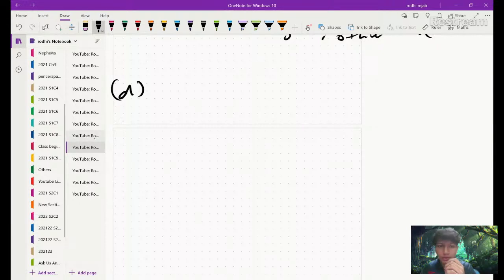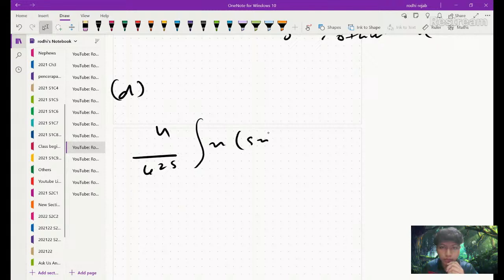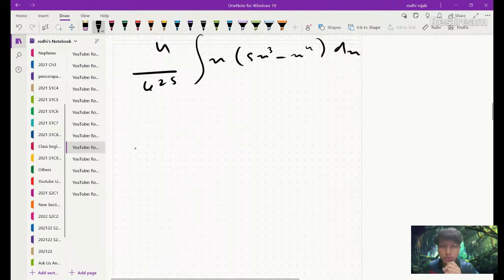So for the mean, we know that the probability density, we multiply by x and then integrate. So it will become 4/625 integrate x(5x^3 minus x^4) dx. So we multiply this x into the function f(x), and then we integrate. So it will become